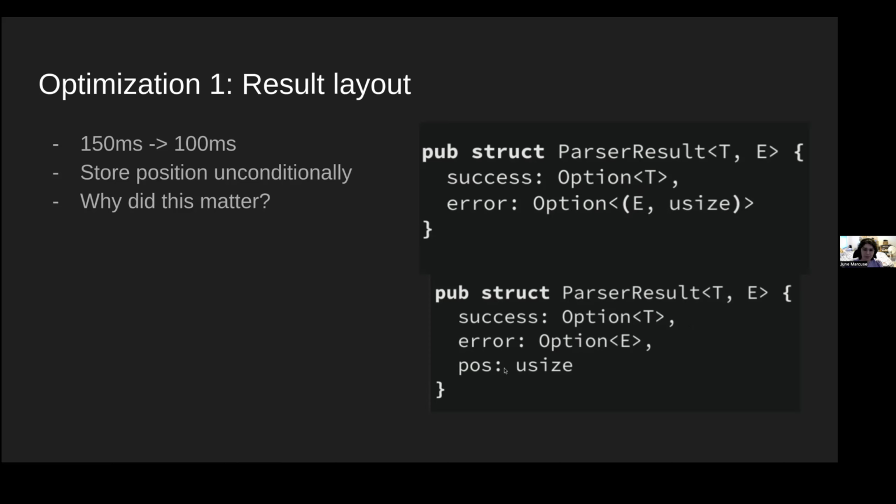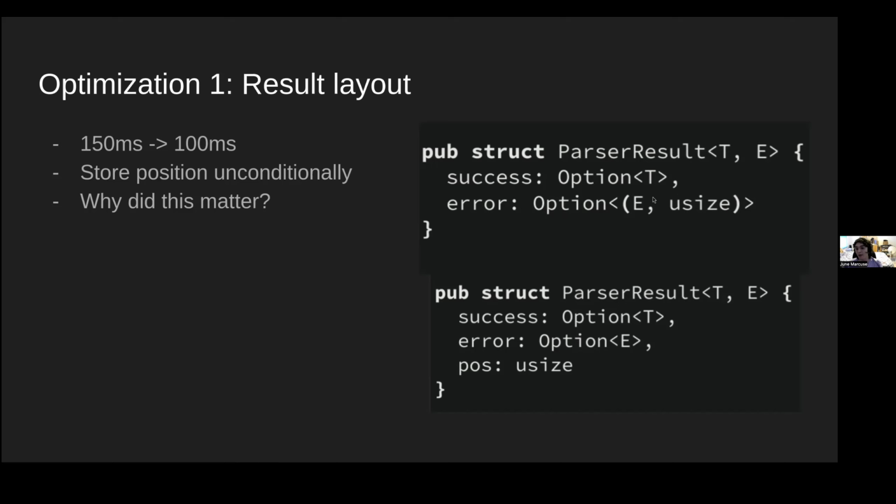This doesn't really make sense at first, but if you think about it, every time a parser spits out one of these, we're keeping the deepest error. So you want to check, did it have a deeper error than the last thing we parsed? To do that, you have to check, is this error actually present? Yes.